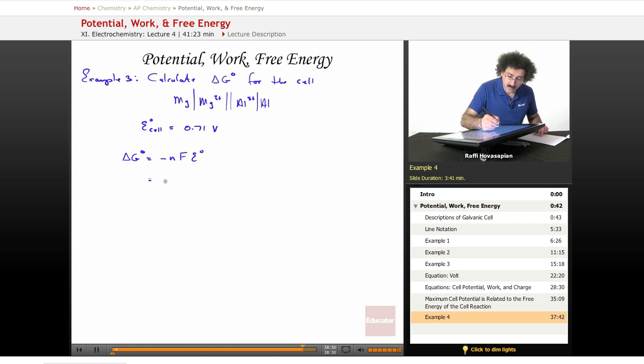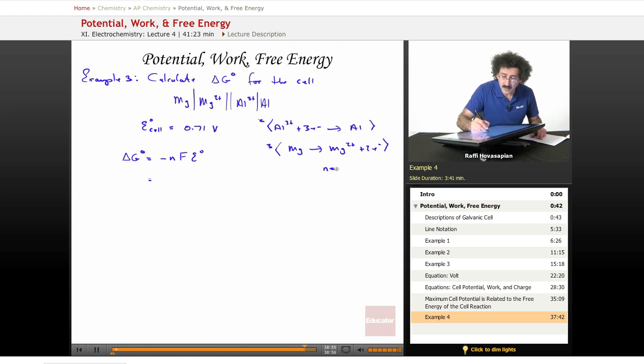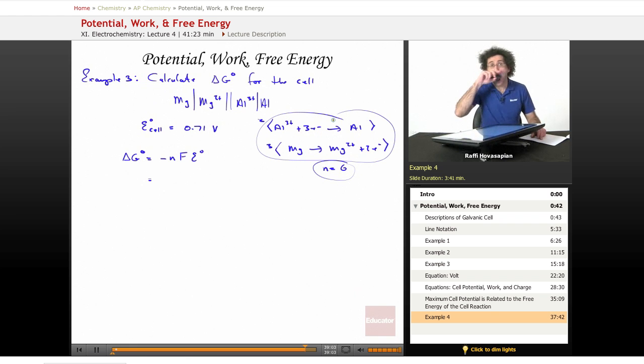Okay. Now, let me write the equations down so we remember what n is going to be. So we had aluminum 3+ plus 3 electrons going to aluminum, and magnesium going to magnesium 2+ plus 2 electrons. The total number of moles of electrons transferred, remember, we had to multiply this equation by 2 and this equation by 3. That's 6 moles of electrons transferred for one cycle of this. That's the balanced reaction. When we balance this reaction, we get 2Al3+ goes to 2Al, 3Mg goes to 3Mg2+. 2 times 3 is 6 electrons, 3 times 2 is 6 electrons. We equalize the number of electrons, that's the number of moles. That's what n is. So this is going to be minus